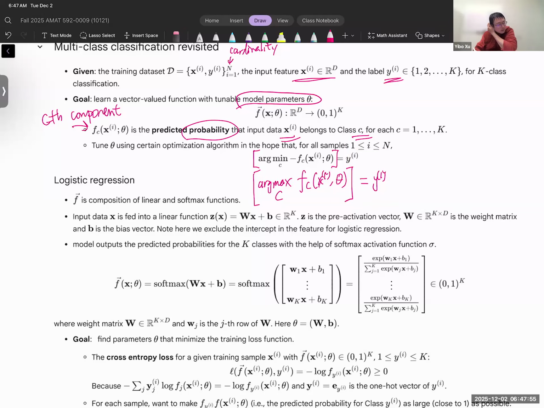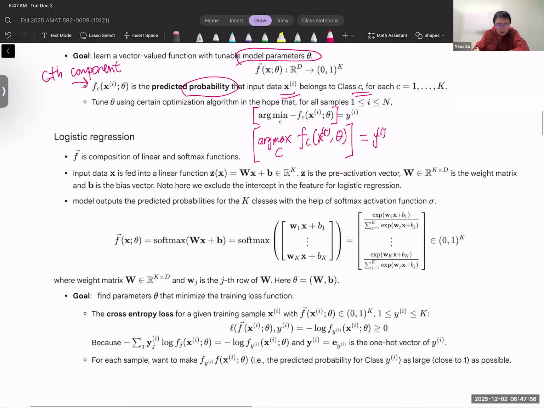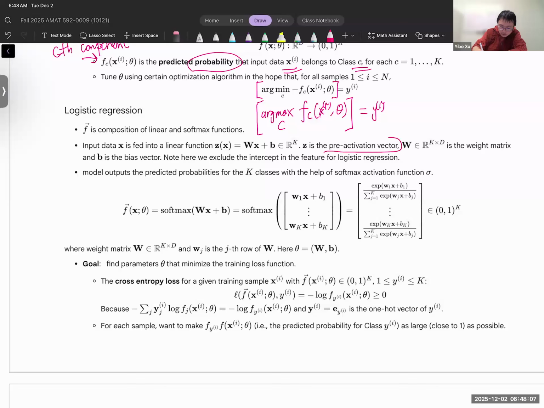Now, this is something you have seen before, which is logistic regression. You have a pre-activation vector z that's just Wx plus b. If you think about the model earlier, we just had a linear model. That's actually the W matrix combined with a column of ones, and then you multiply by